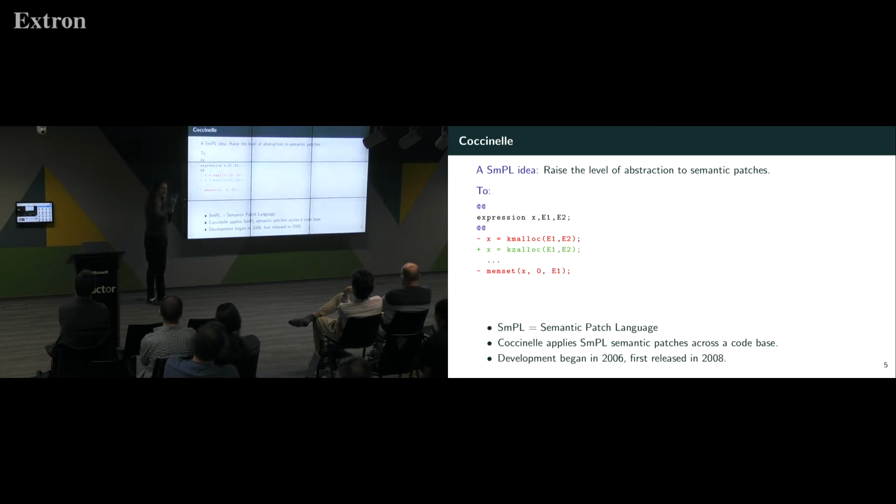Okay, but it's not just any expression. Actually, if you look at this more closely, we have X here and we have X here. So the value that's returned from kmalloc ought to be fed into a memset. Here we have something concrete. The second argument of memset should be a 0. Basically, the idea is we're allocating some memory and we're zeroing it. And so there was the idea that we could save a little code space by turning this combination of functions into just one function. So that's what we're trying to do.